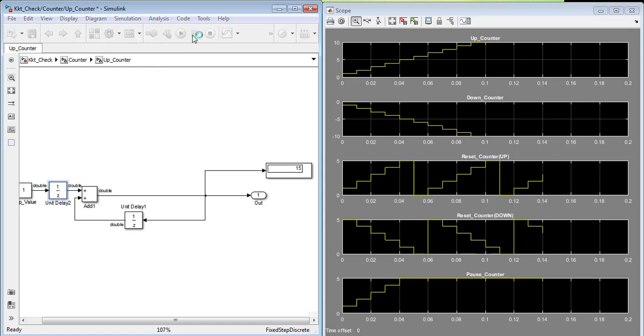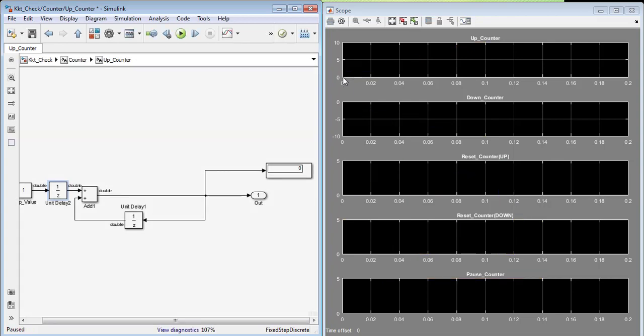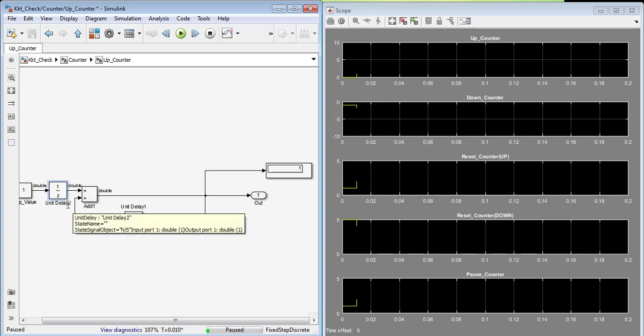Now if we check, it will start from 0, not from 1. Now it is starting from 0. Similarly, wherever we want to start with 0, we can add that delay block at initial condition, so it will start with 0.